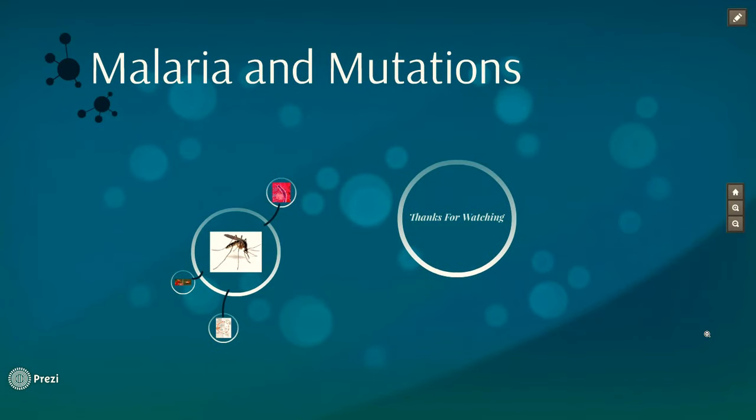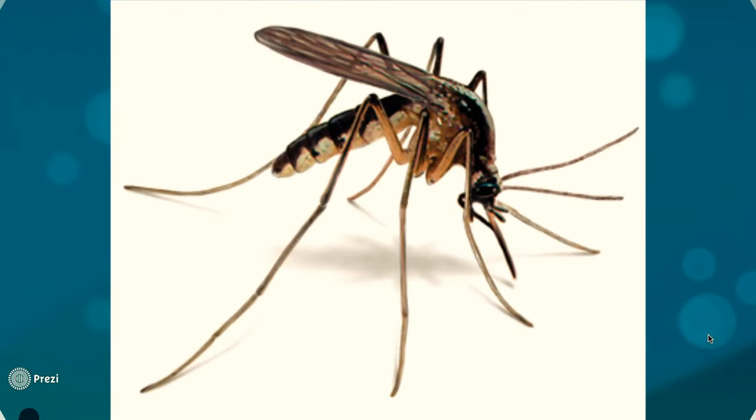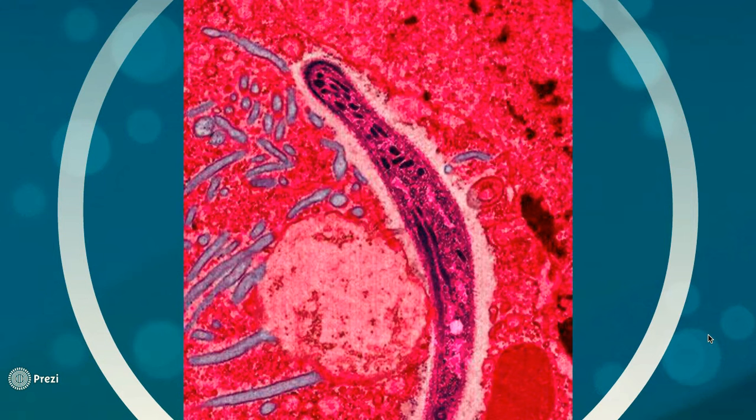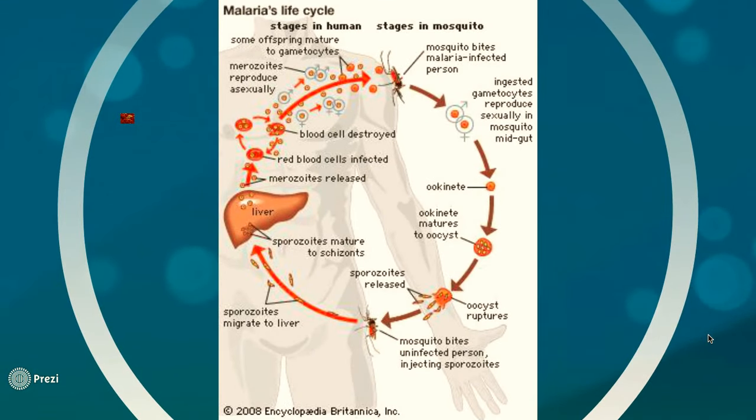So, when we consider the genetic mutations that malaria has spurred along, we first have to understand what malaria is. Most people understand that malaria is spread by mosquito bites. But what might come as a surprise is that malaria is actually caused by a little group of parasitic protozoans called Plasmodium. These little guys often act as a parasite not only to their human host, but to the mosquitoes